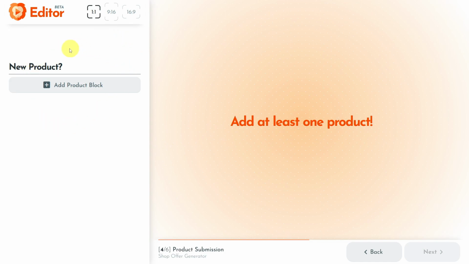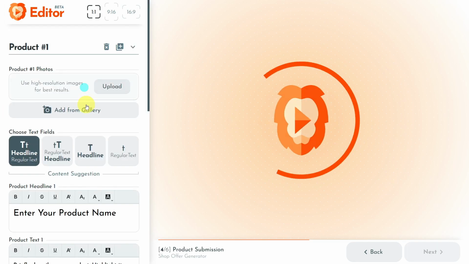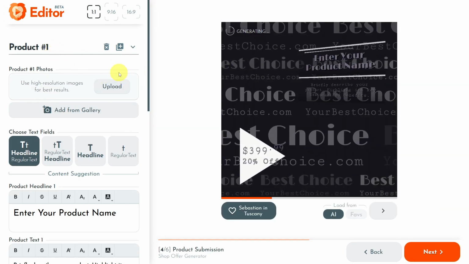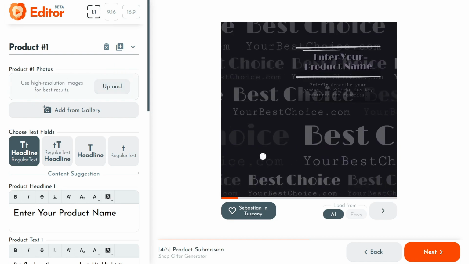RenderLion allows you to include multiple product photos and automatically adjusts the video to fit your data, unlike traditional video editors that constrain you to a fixed template. Click the Add Product Block button and add a single product for this tutorial, though you can add as many as you like. As you can see, the first thing I do when I set up my product is to